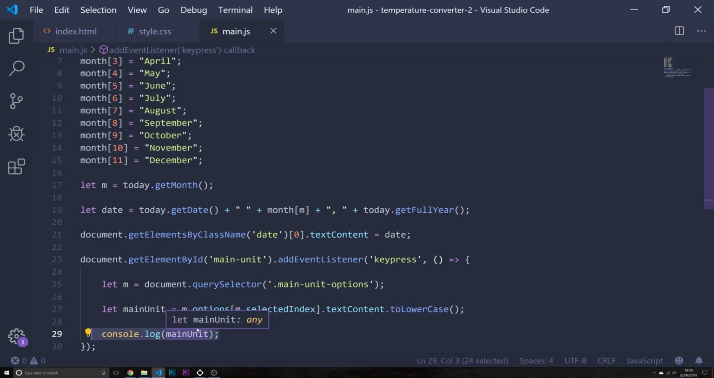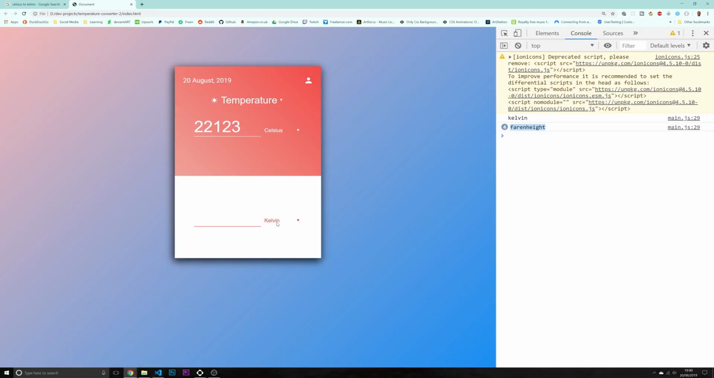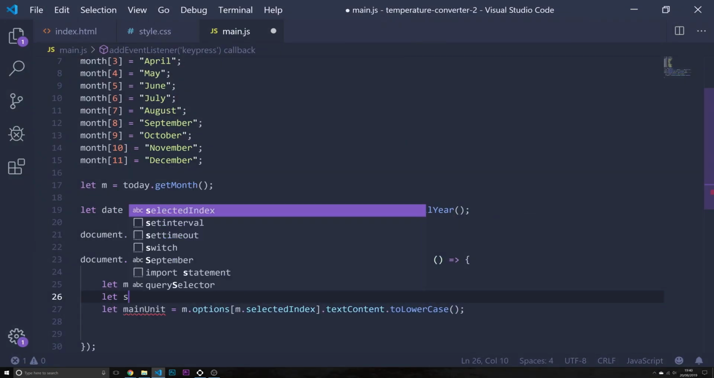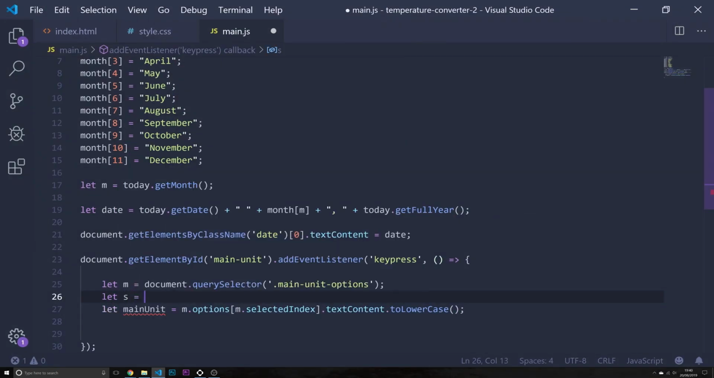Okay, we got this one sorted as well. I'm gonna get rid of these. I'm gonna do exactly the same thing for this part, okay, for this select and for this input. So I'm gonna start with let s for secondary. I'm gonna do a document. I'm just gonna copy this one. I'm gonna paste it in here, document.querySelector, and then I'm gonna put second